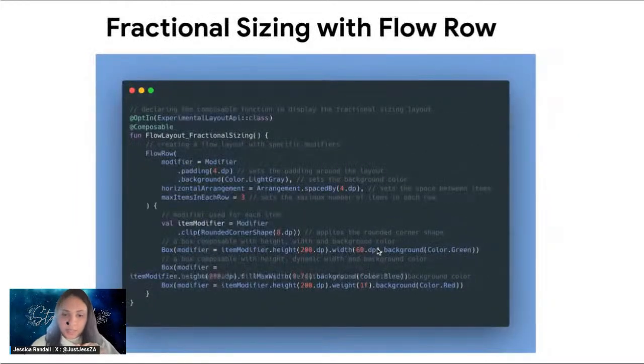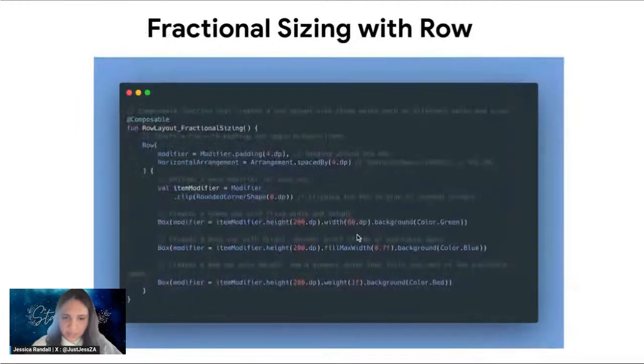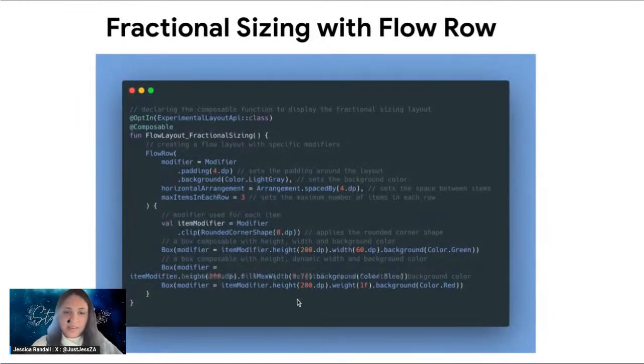It creates the round cornered shape basically. And then I used a box composable with the height of 200 dp and the width of 60 dp, and I wanted it to be green. Okay, this did not come out as I wanted it to, but basically the second box is